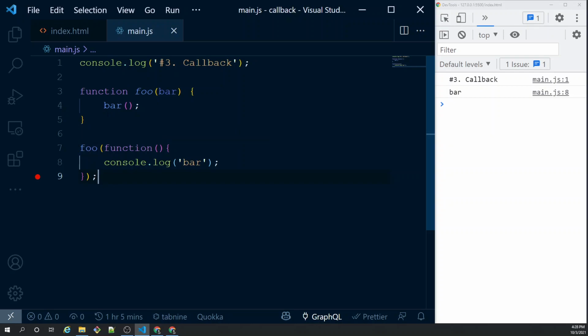So after certain execution of foo, if I want to notify main.js, hey, foo's execution is done, I can actually do that using this callback function. Basically, a function that gets passed as an argument to another function. How to do that? Let's understand with a real life example, so that if you get that, you will probably understand the usage of callback everywhere. Okay, so let's get down to doing this.